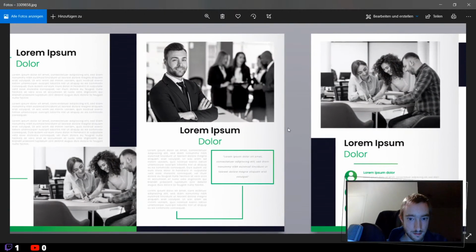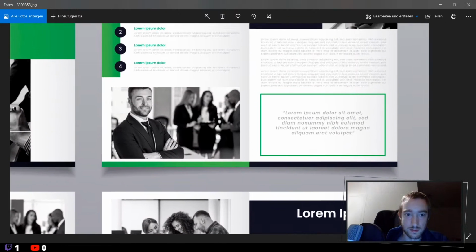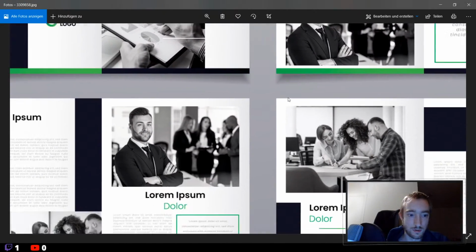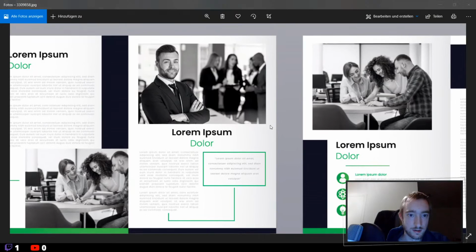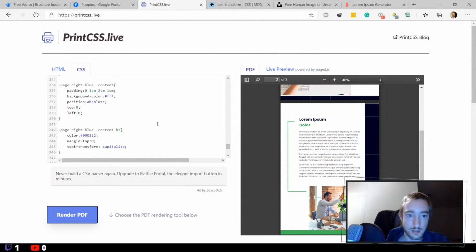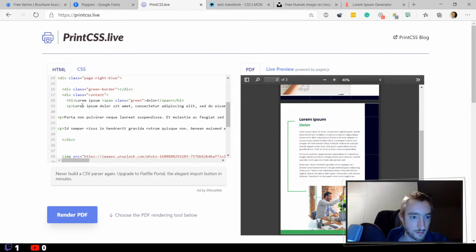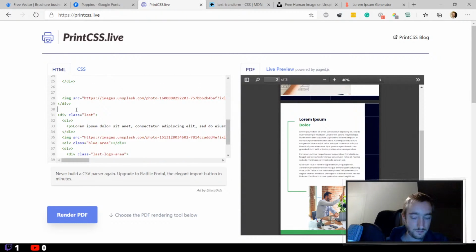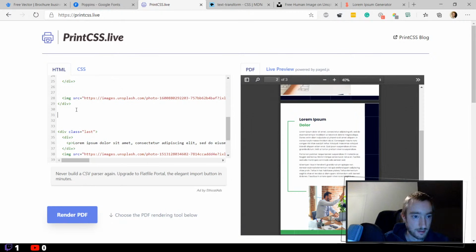But okay, let's concentrate on this one right now and call it center image, because this is not image top, so page center image. So we will create our own page for that again, so named page. So you have here the div class page center image,